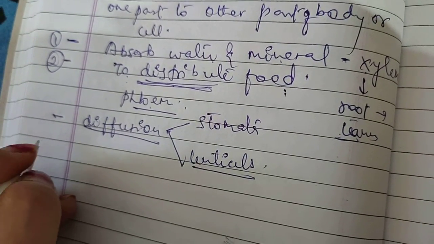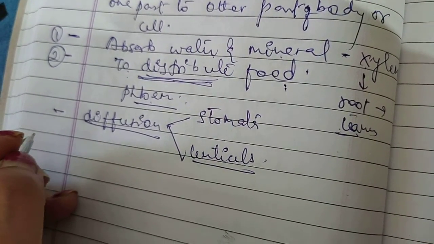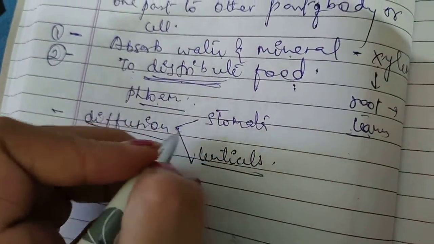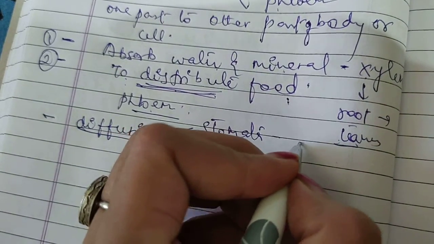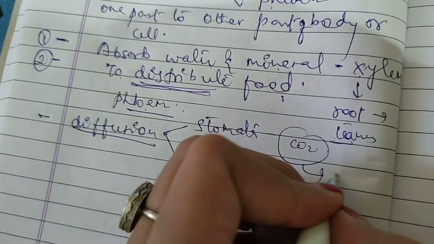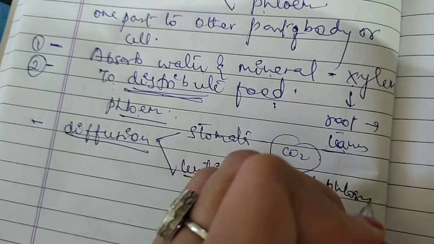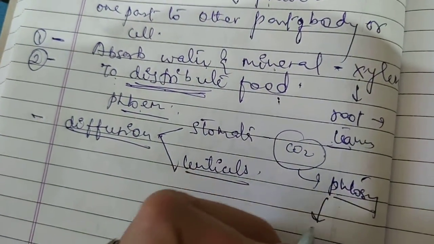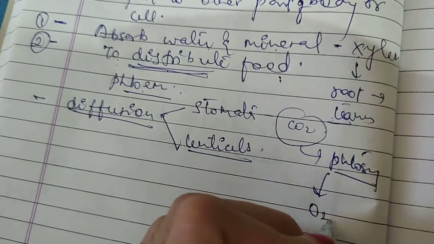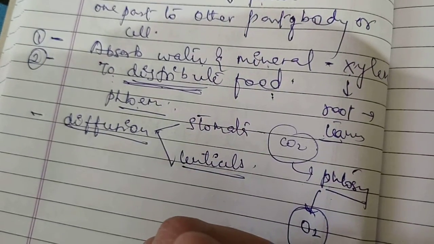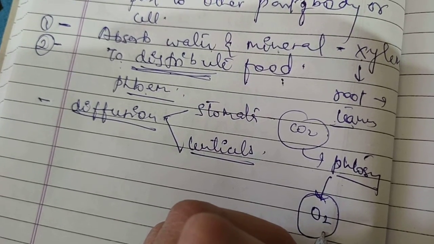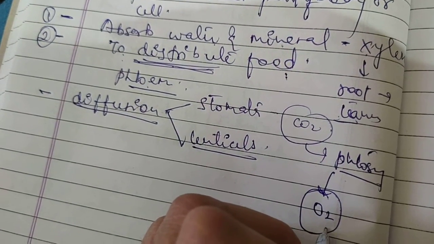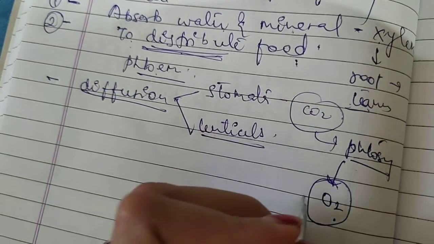During the daytime, the photosynthetic organ takes in carbon dioxide from outside by diffusion, and the same is used for synthesis of food. As you know, in the atmosphere CO2 is present, and it gets utilized by the plant in the process of photosynthesis. Oxygen is released as a byproduct. As we know, in photosynthesis, the byproduct is oxygen. It passes out of the plant by diffusion, and simultaneously a lot of water vapors also pass out.